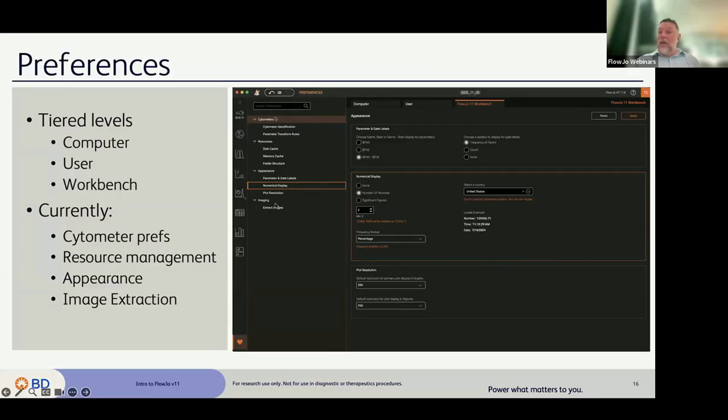We will continue to add preferences in here. Not all of the things that are in V10 are here yet. It is a very feature-rich program, and it will take some time to bring it up to par. But